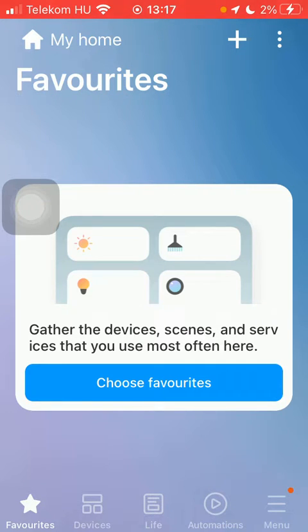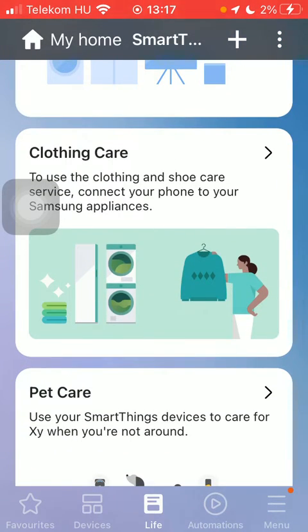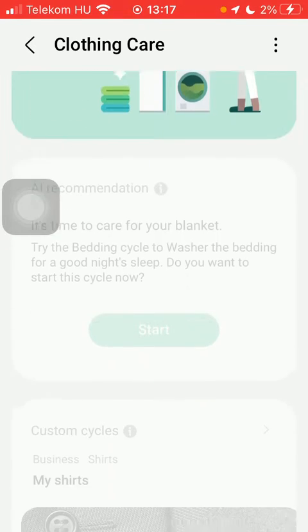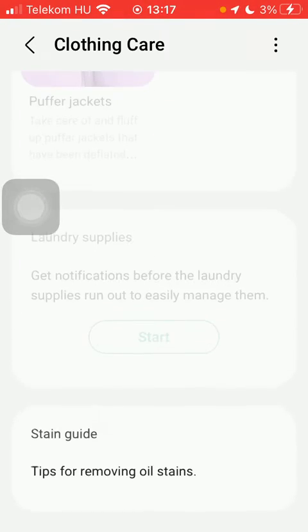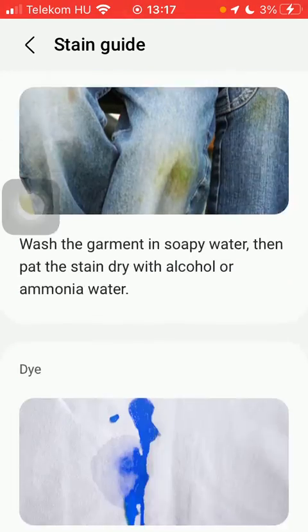First of all, open the app on your phone. Click on the live button down below, scroll down to clothing care. Wait a few seconds till it loads and then you should scroll down to the bottom of the page. So scroll down until you find the stain guide section, tap on it, and here you have a stain guide